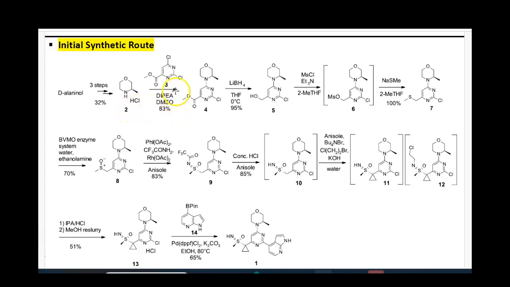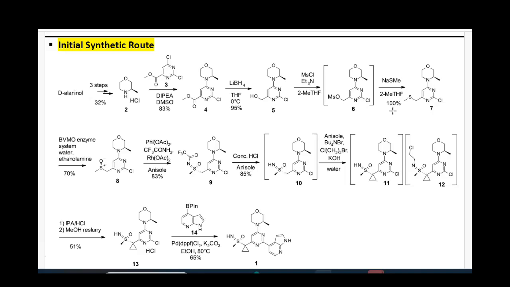The reaction includes base mediated SNAr reaction with this dichloropyrimidine, followed by lithium borohydride mediated reduction of this carboxylic methyl ester to this primary alcohol, and conversion of this alcohol into mesylate by using mesyl chloride, followed by nucleophilic displacement